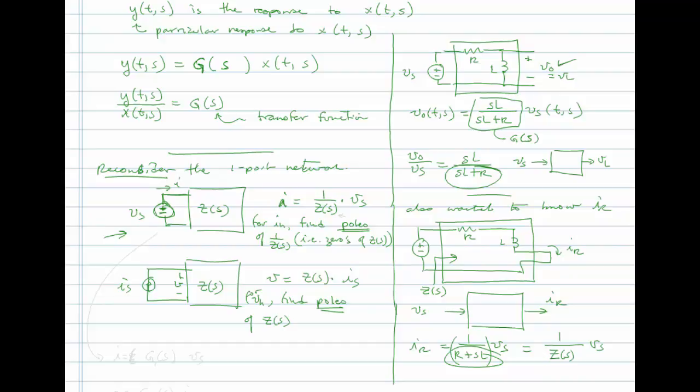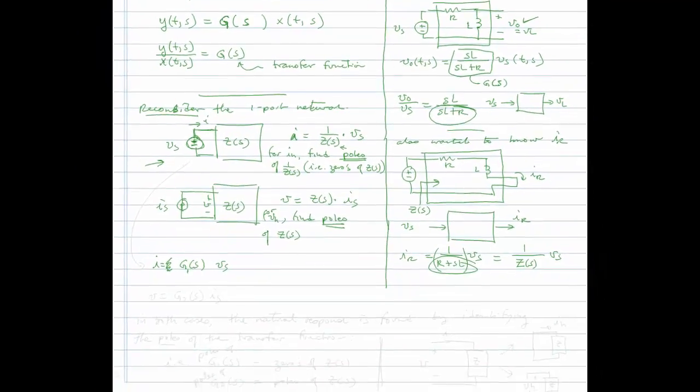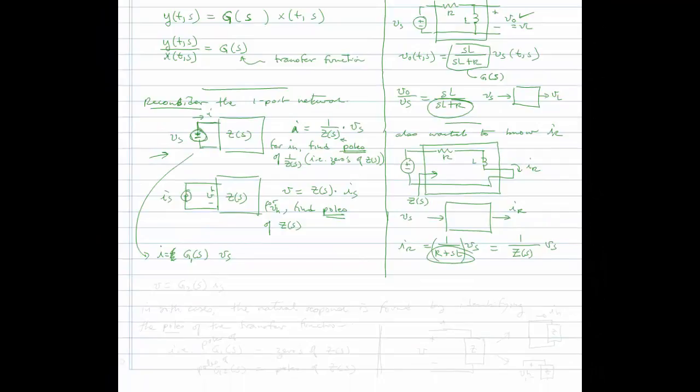We need Z of S to be 0 here in order to have some current that can exist while also having VS set to 0, which is what you do for the homogeneous response. But in both cases, do you see now that if we write I is equal to some G1 of S times VS, that's for this one, and V is equal to some G2 of S times IS, in both cases,